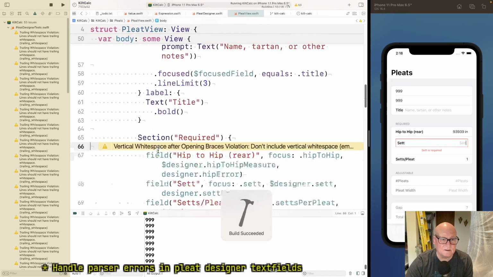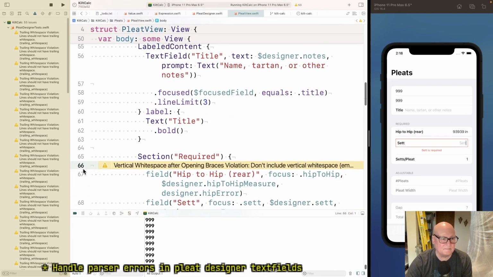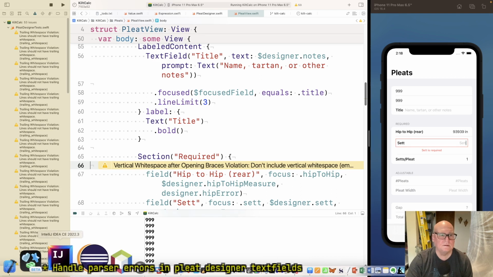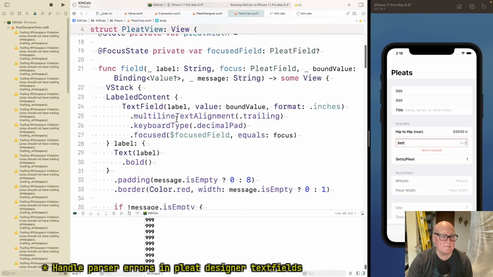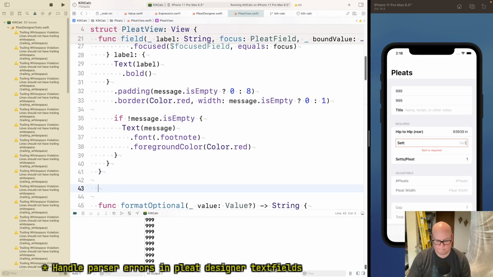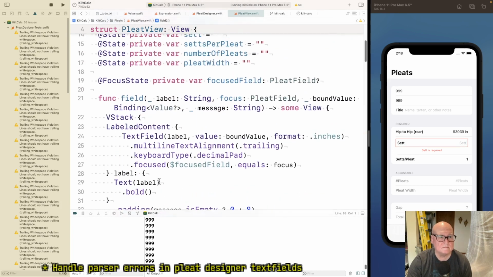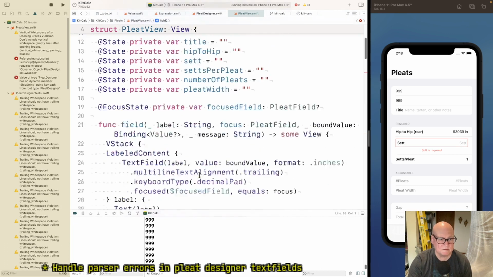Okay, so that's all right. Return some view.